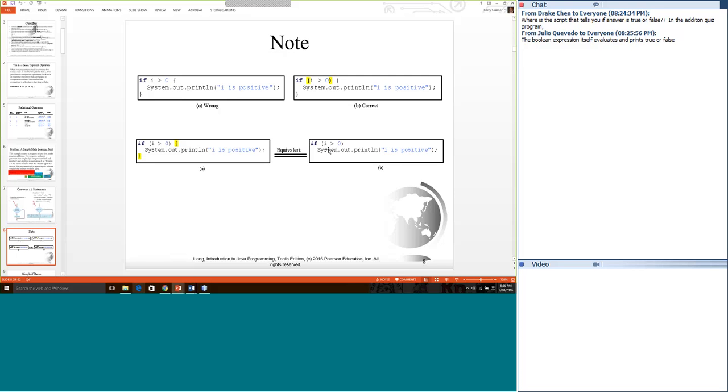Otherwise, skip over the next sequential instruction and go to the one after that. So if i is greater than 0, we're going to go ahead and say i is positive. If i happens to be negative 12, if negative 12 is greater than 0, it's false. It's going to skip over System.out.println and go to the next instruction. You do not need those curly braces when you have just one statement for the true branch.